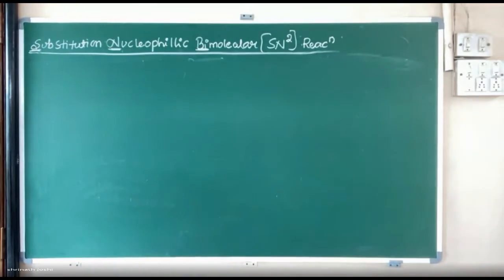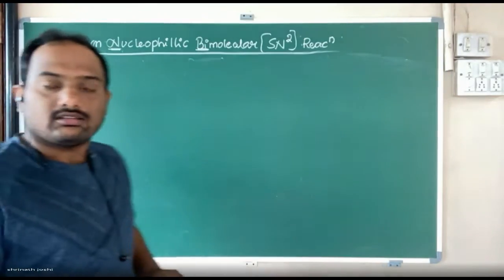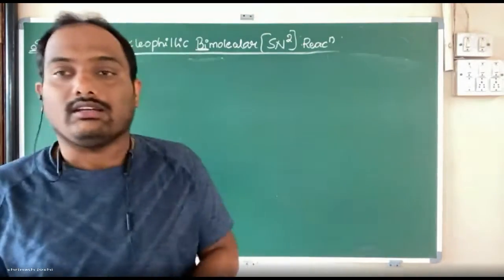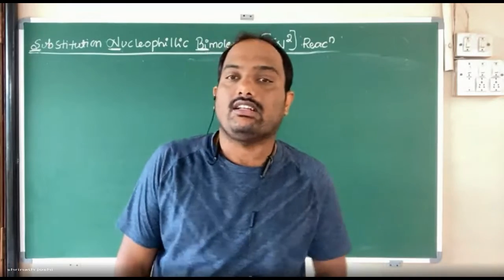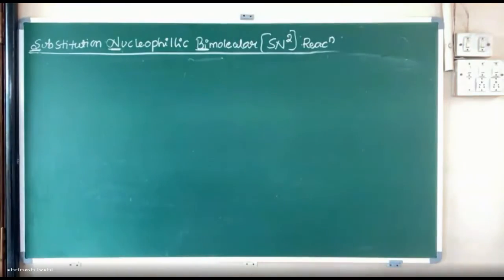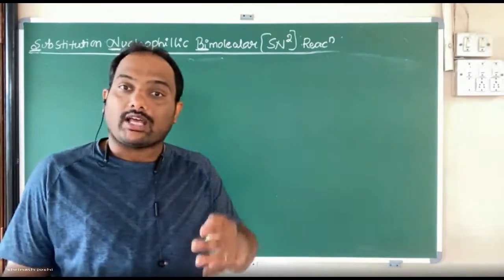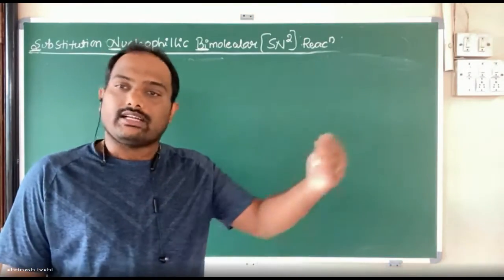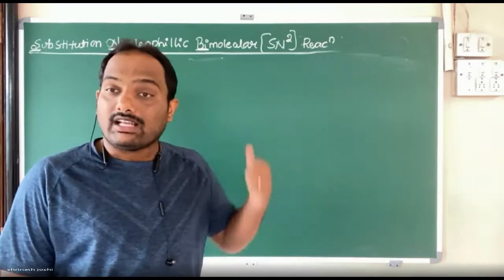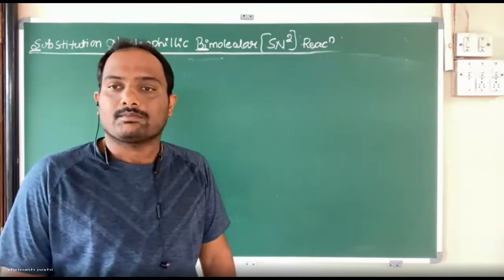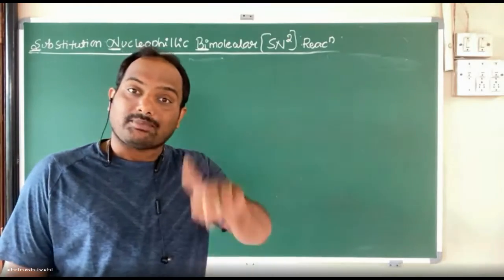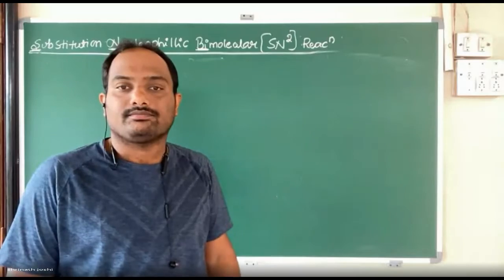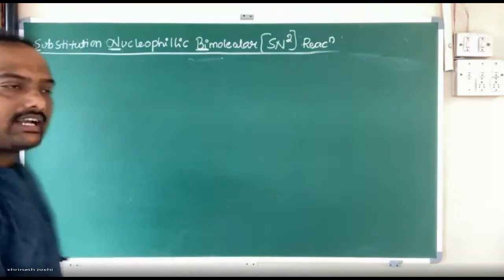Now tell me, in SN1 reaction, not in SN2, in SN1, whether primary alkyl halide will react or tertiary alkyl halide will react. In SN1, tertiary will react. That's why we have taken tertiary butyl bromide as a reactant, and we get tertiary alcohol as a product. But here, which alkyl halide have we taken? Methyl halide, methyl chloride. Then methyl chloride is primary, secondary, or tertiary? It is primary. Then can I write along with me?